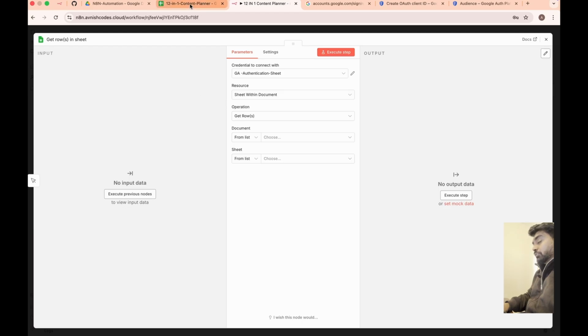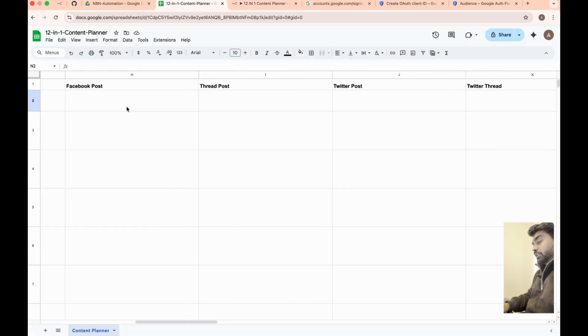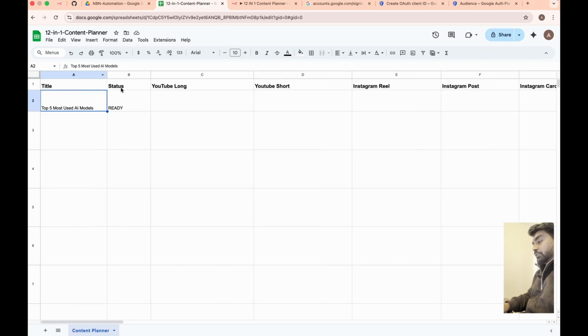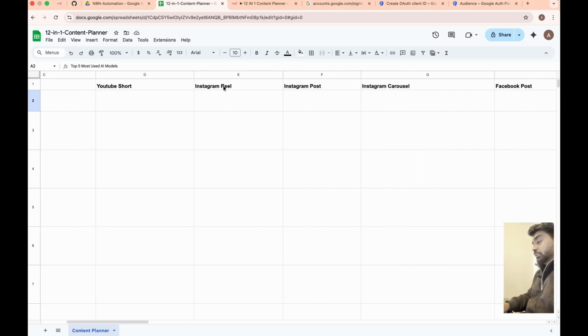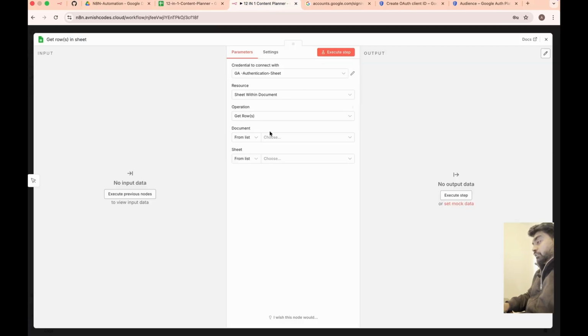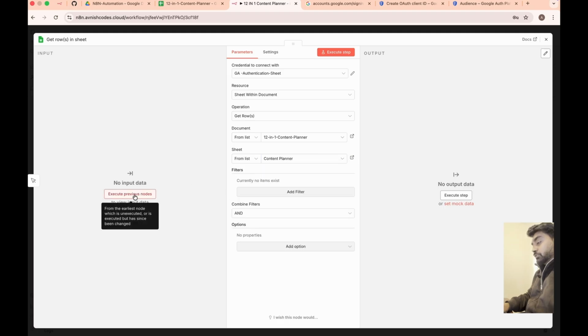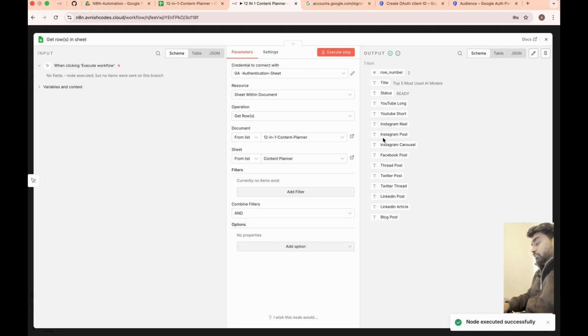Now the next thing is that if you don't have a Google Sheet, I have my Google Sheet there. So this is the format I am following. I have a title, status as already. I have given one small title for which I just want to create content, and this is the format I am following. I will paste this Google Sheet in the description, you can find that, and then you just have to search that Google Sheet. First select from the list 12 in one content planner. Choose your sheet number. My sheet name is content planner. I chose it. Then click on execute. You will see your result. So I have got that information. Other fields are blank because this is going to populate.